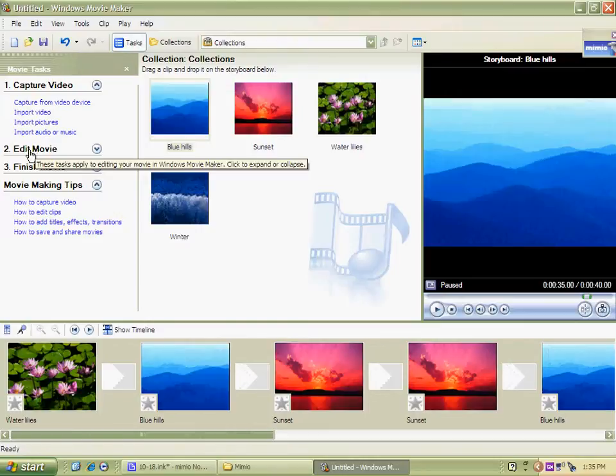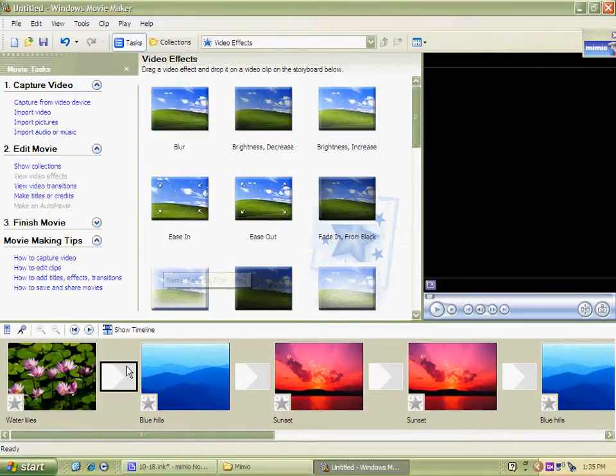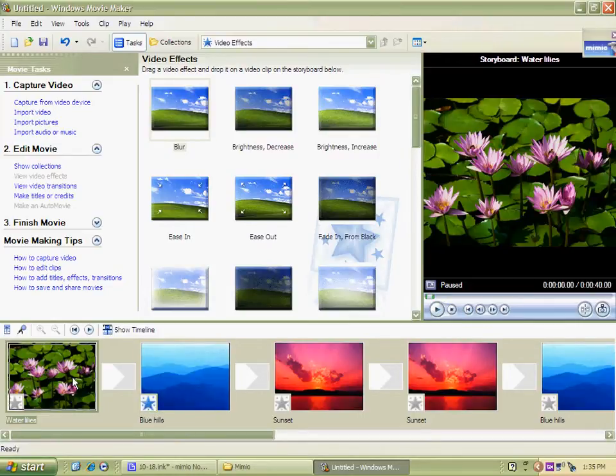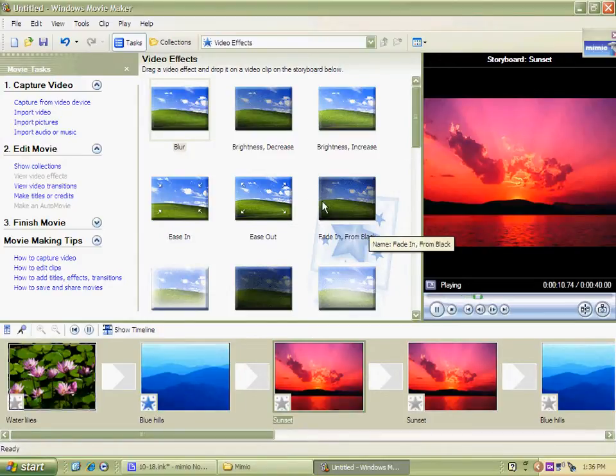Now I can edit the movie, so I can make different effects. For the picture, if I want the picture to be blurry, I can drag it down into this little star, and you see how the star is now blue instead of gray. So when I play it from the beginning, after this goes on, it'll show up blurry. Do you see how it's blurry? It's kind of hard to tell. Let me pick a better one. Let's say I want it to be